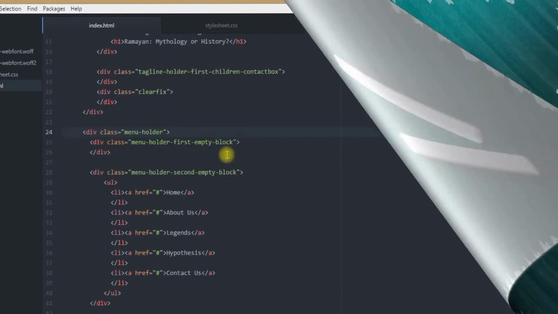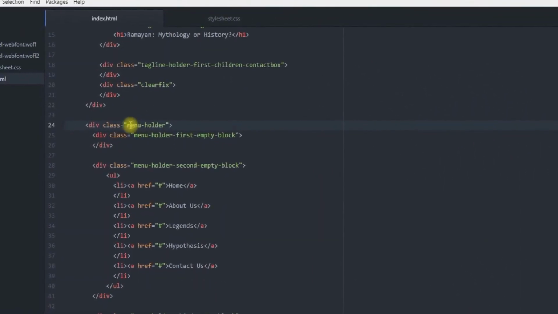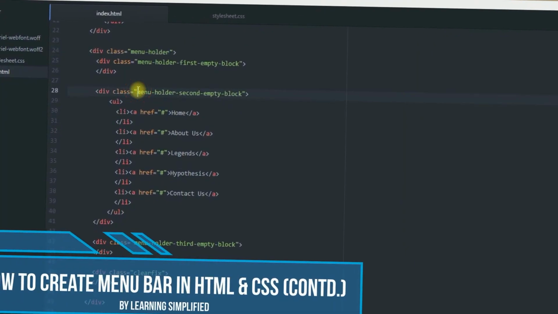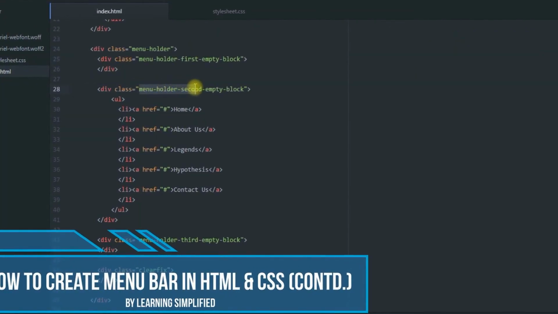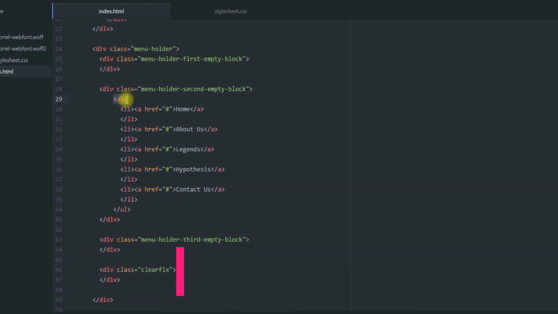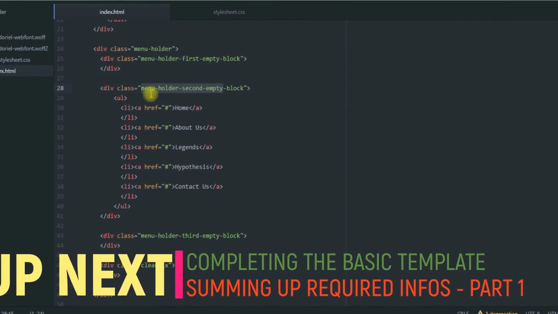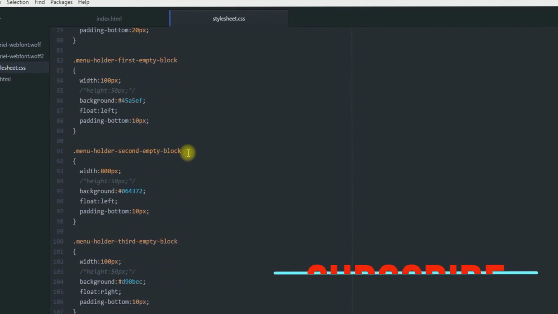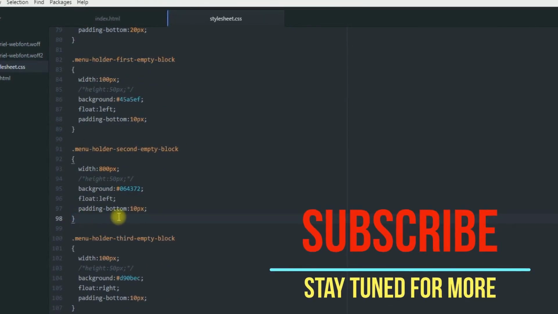You may see that this is the menu holder, this is the parent div, and inside this parent div we created a child div which is known as menu holder second empty block, and under this second empty block this UL, this unordered list, is coming. So we need to customize this UL which is coming under menu holder second empty block. So let's get back to stylesheet.css, and inside this menu holder second empty block we are now customizing